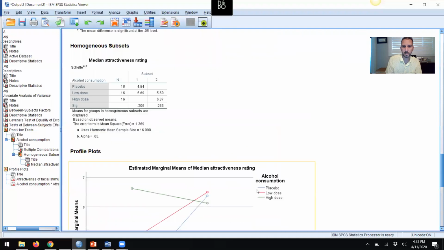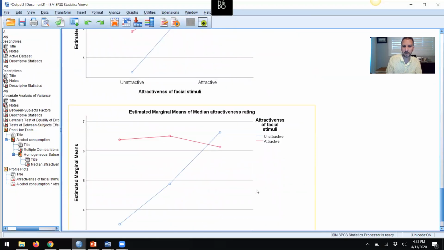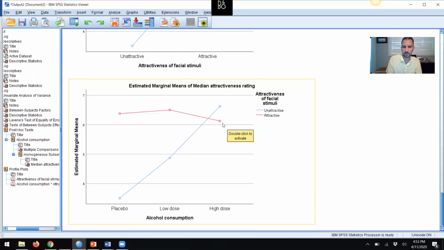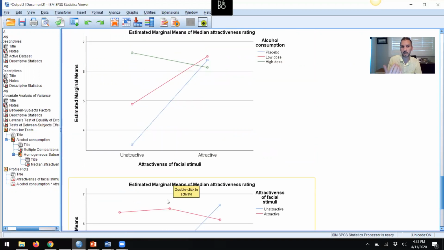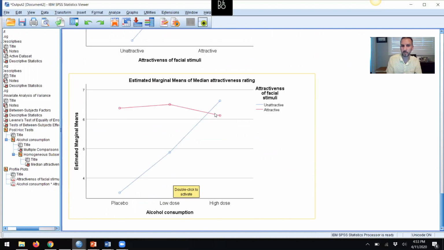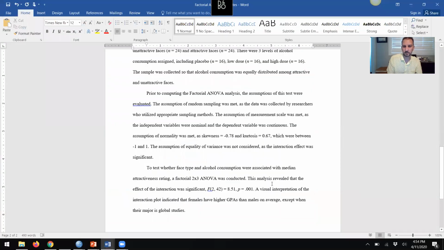A visual interpretation, and I find that this graph here for me explains it best. I mean, if you could look at either of these, they are the same data, same information presented, but I find this one to be a little bit more straightforward to me. So what I see here is the dose of the alcohol consumption was unrelated to the attractiveness rating for attractive faces. So I'm going to write that. A visual interpretation of the interaction plot indicated that,